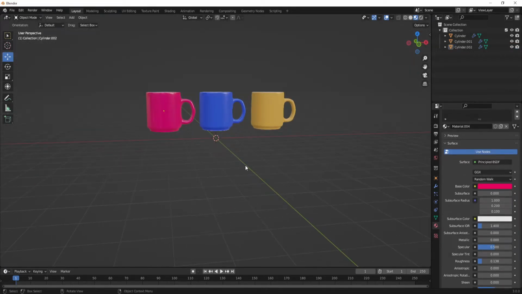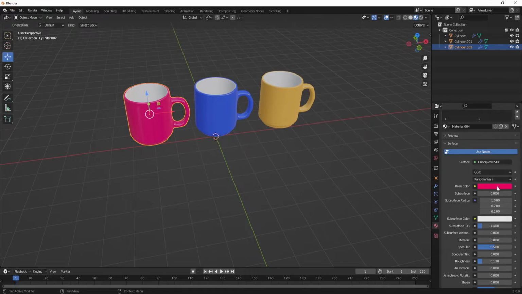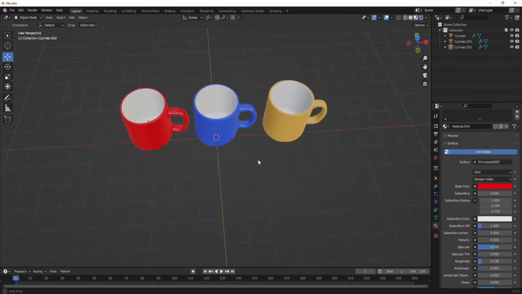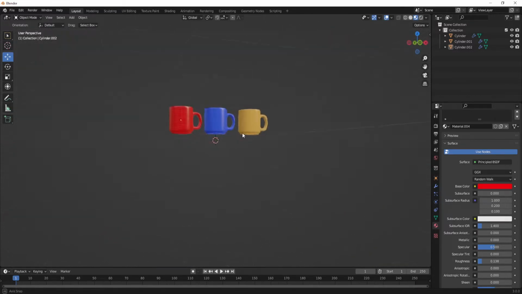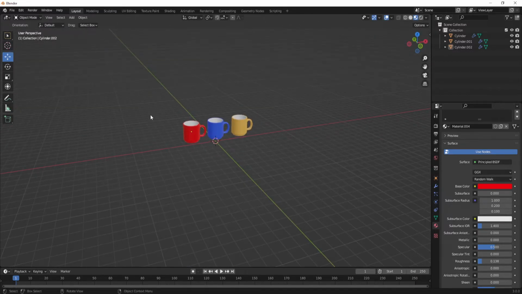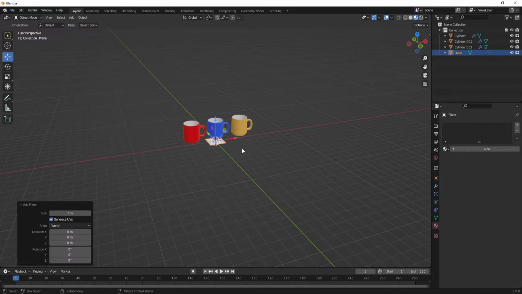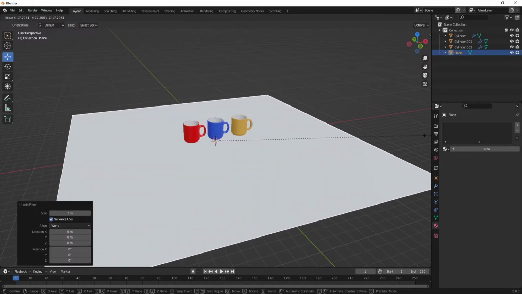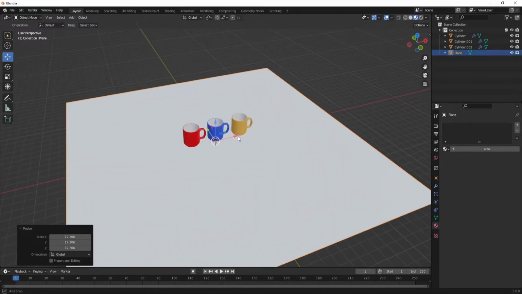Okay, so we've got like 3 colors. There's no rule in what the color is, or what you go with. But yeah, we've got 3 colors. Really simple. Let's just get a plane in here. Add the mesh plane. Scale this up. That's big,